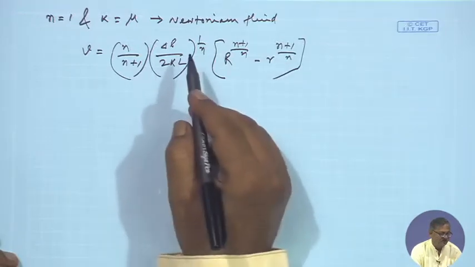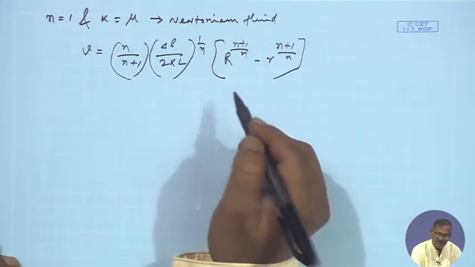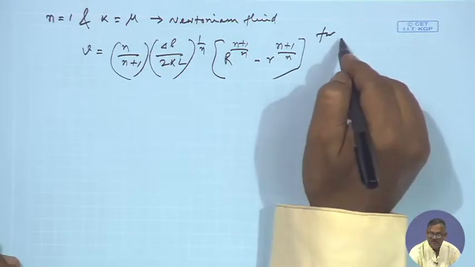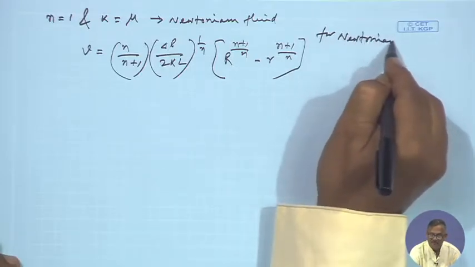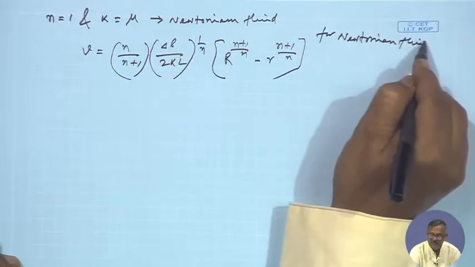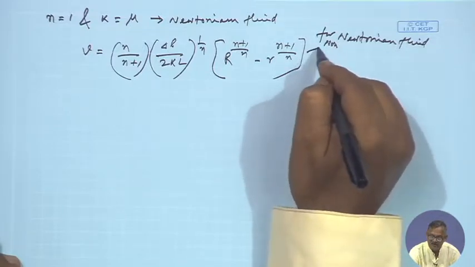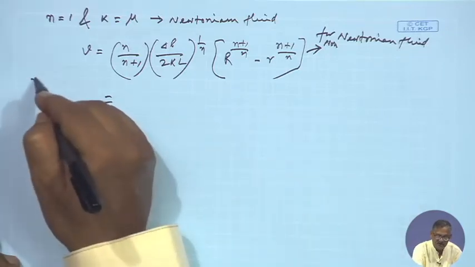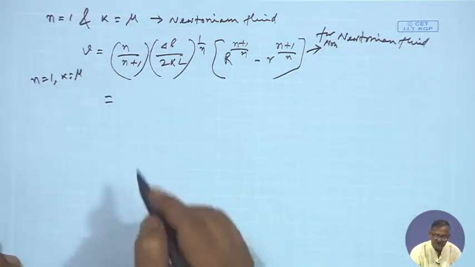So it becomes the same for Newtonian fluid. Of course, this is for non-Newtonian, otherwise you will be misled. So, this is for non-Newtonian. So, if we put n equals 1 and k equals mu in this, then